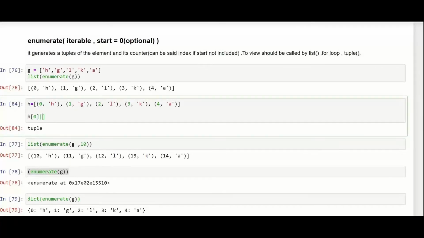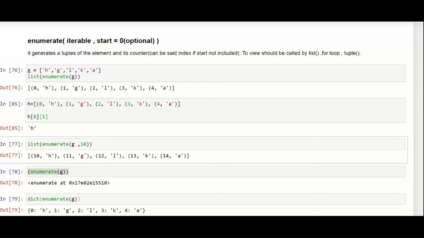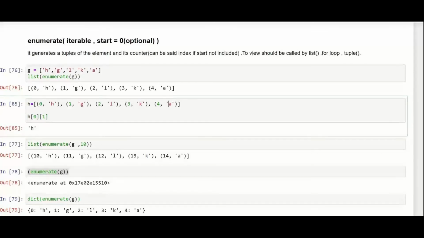Correct. And now if I want to get this in this tuple, I want to go to h, then what I need to do is, again in a tuple, the indexing will start from 0 and 1. That is 0 1, and I go here h0 and 1. I get this as output. Similar is the case if I want to get k as output. I need to see which particular tuple it is in. So 0 is this one.